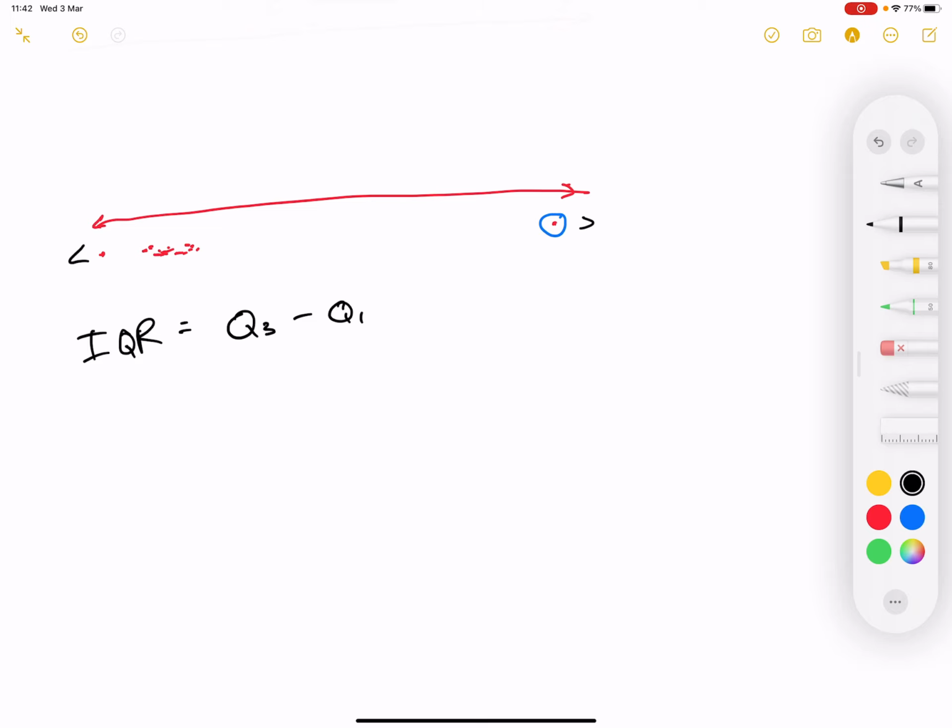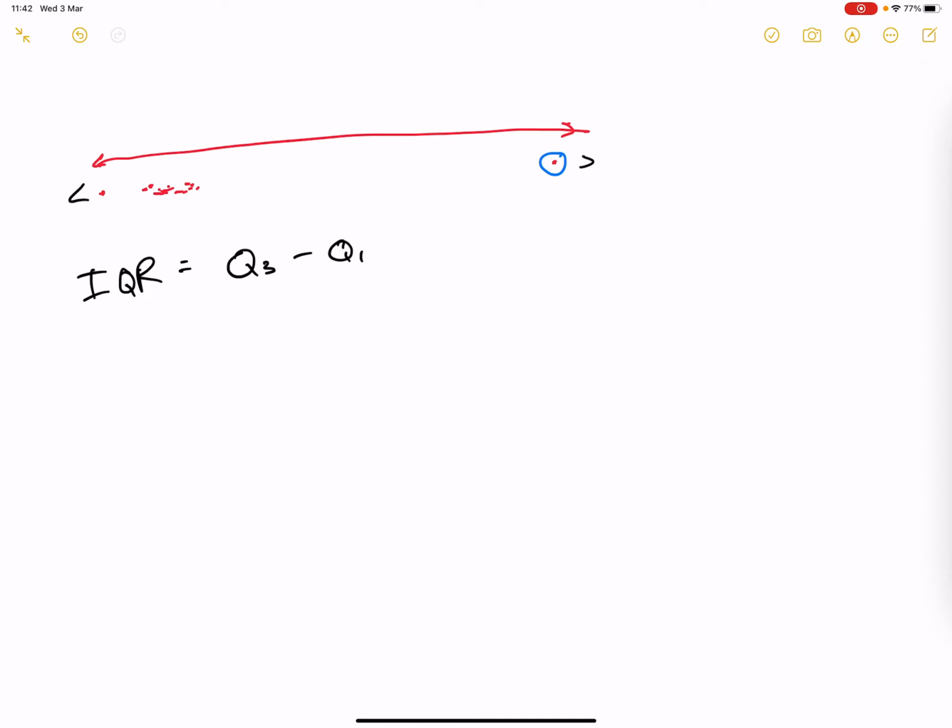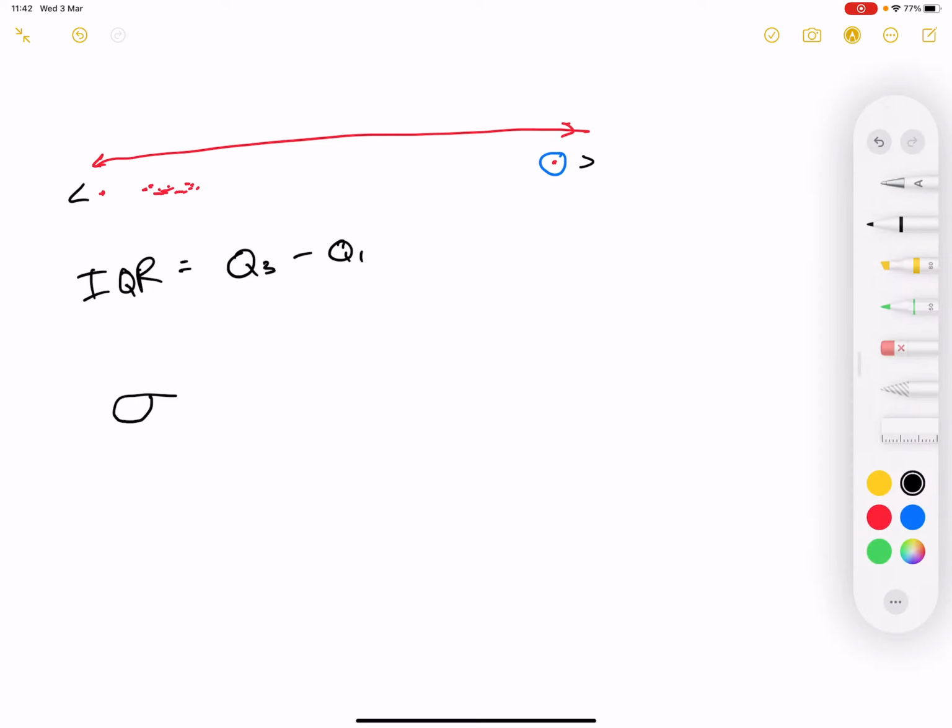Then finally we have the standard deviation, which is denoted with a lowercase sigma, and this is just the most common distance. So if we have our mean here, and we have our data set here, this is just the most common difference in value to the mean. So these distances,